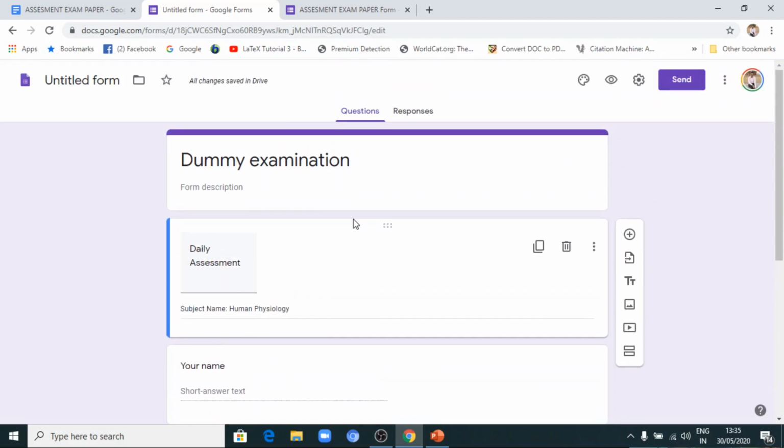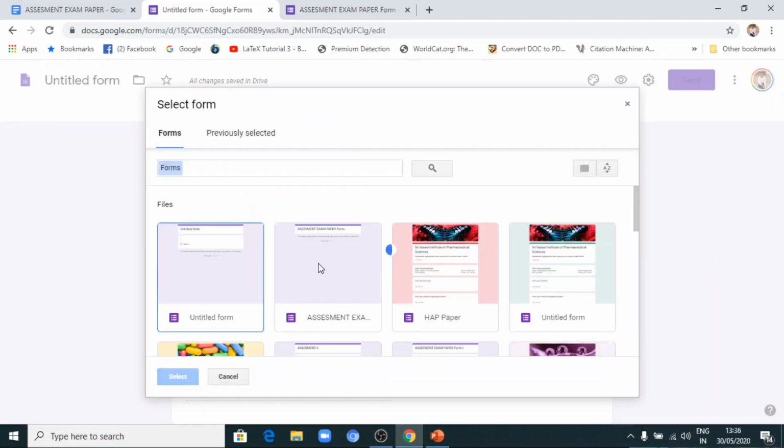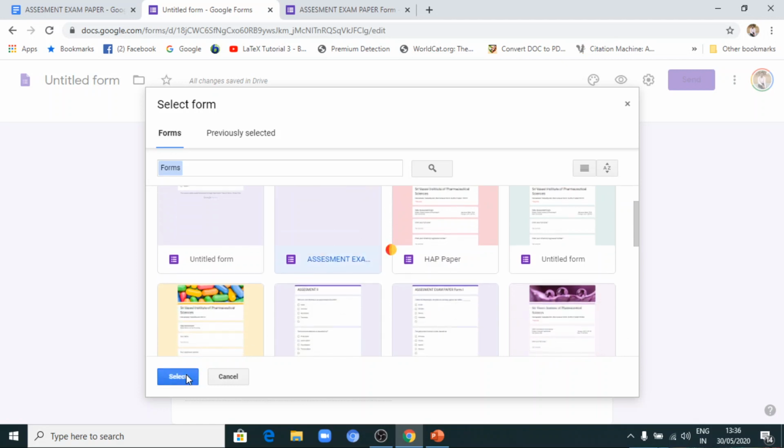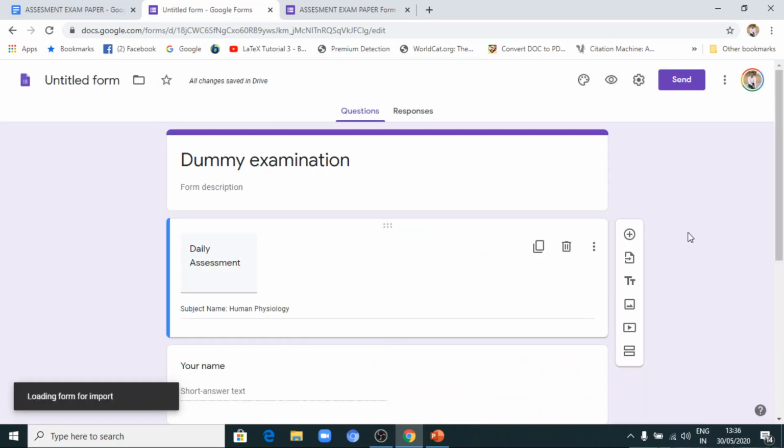From the second file, you need to import questions. Let us suppose I am importing from this assessment form. Select.